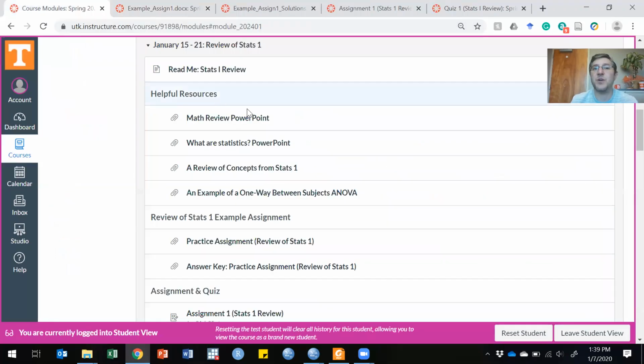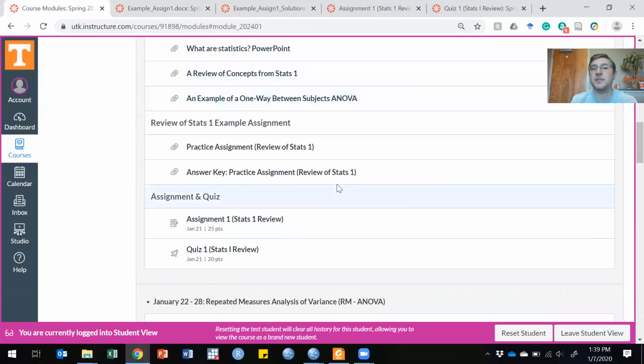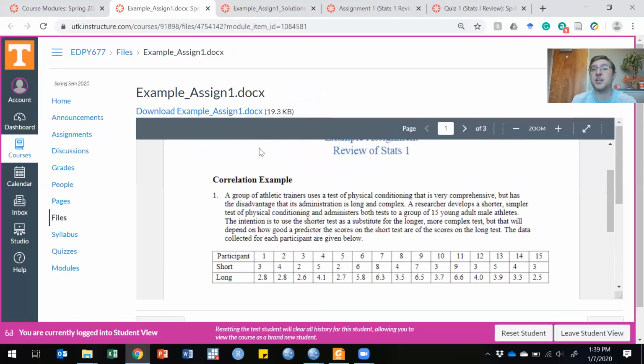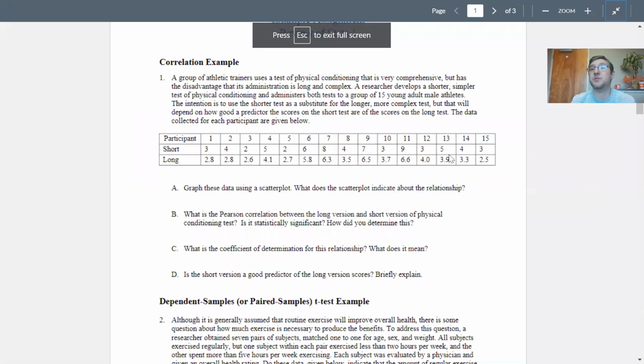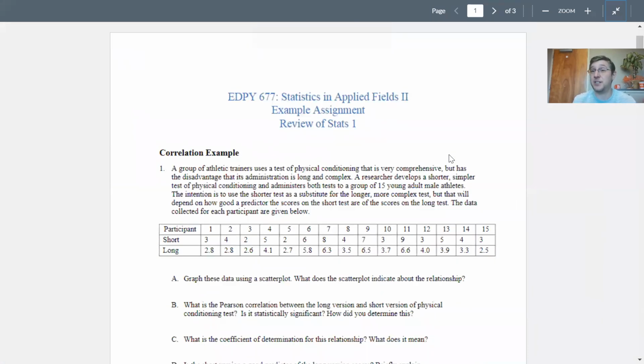There's also, in each module, a data analysis assignment and a quiz. Just to give you an idea of how the data analysis assignments work, for this module I provided you with a practice assignment. So you see here, this is what the actual assignment will look like. The research scenario is different and the data are different, but the questions it asks you to do are